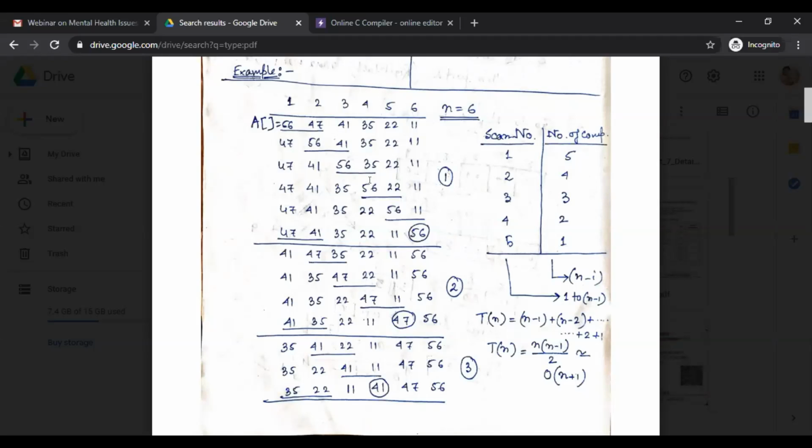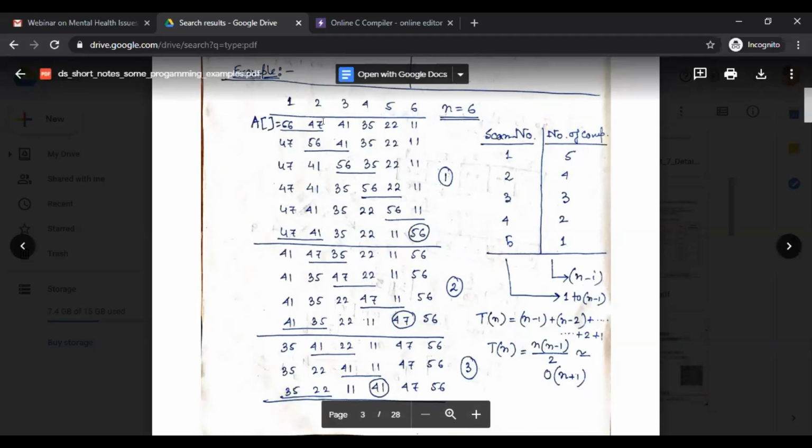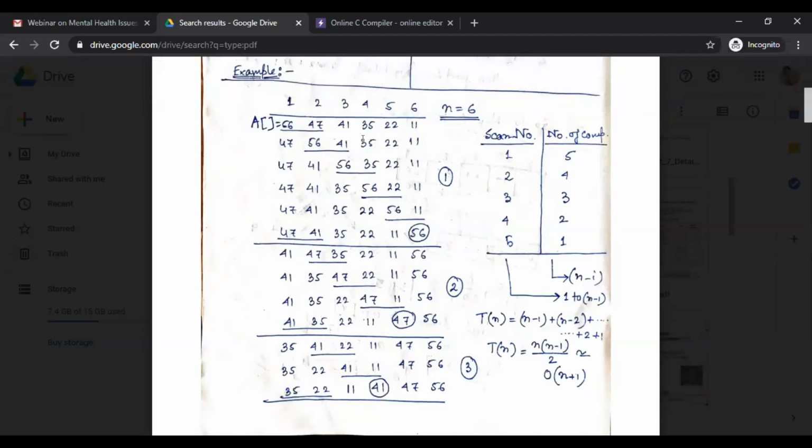Now what are the logics we actually apply in our program? It's very simple. Just check two adjacent index numbers, means this is 0 and this is 1. We have to compare these index numbers. If this one is small and this one is greater, then no change, means no interchange is there. We have to write our program in that way that A0 is greater than A1.